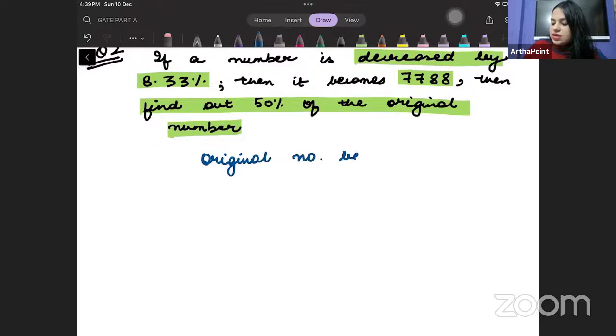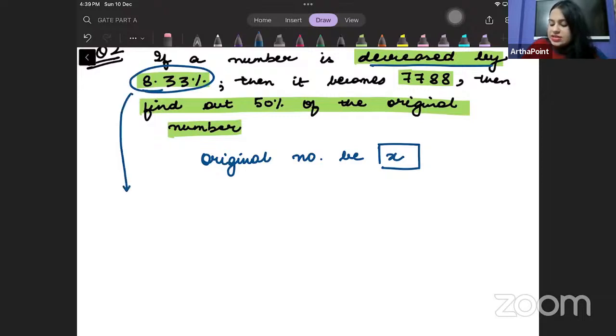number be x. हमने ओरिजिनल नंबर को x लेना है. Let the original number be x. बेटा इट इज सेइंग व्हेन x is decreased. कितने से डिक्रीज कर रहे हैं? 8.33. So we are decreasing x by 8.33%. So beta first we have to convert percent into fraction. So 8.33 of x मतलब